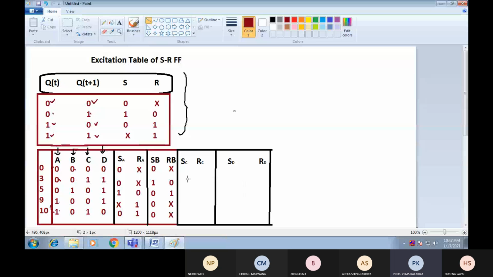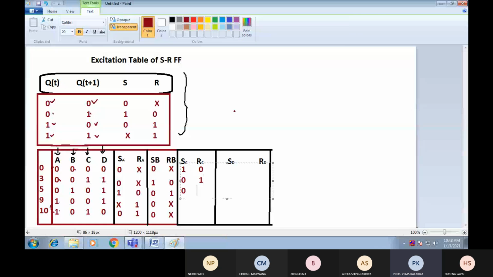So I hope you understand how we are preparing the flip-flop values. I'm writing the values directly. Now you understand how to prepare the values for the C input. You have to calculate in the same way and generate the values of SC RC. So SC RC gives us 1 0, 0 1, 0,